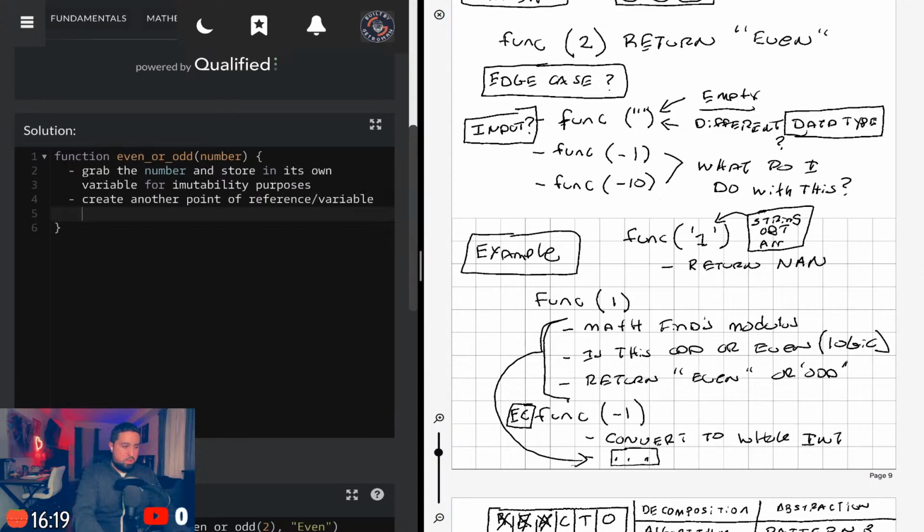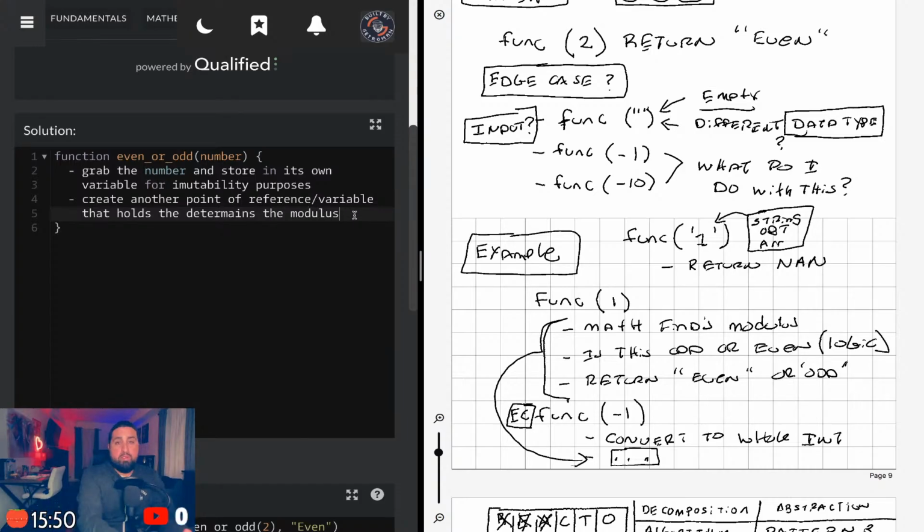That holds the mathematical, did I spell that right? Part that determines the modulus, which in turn will determine whether the number is odd or even.